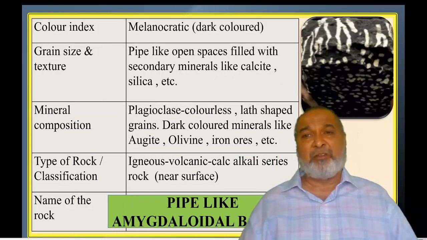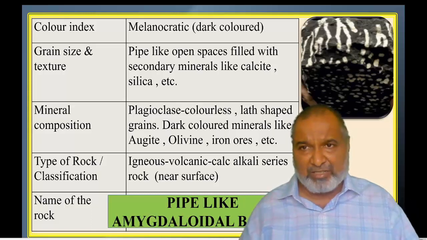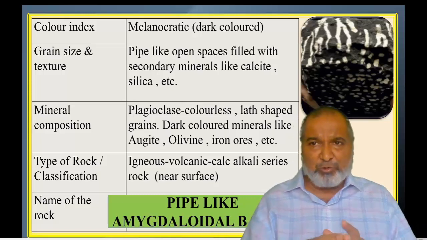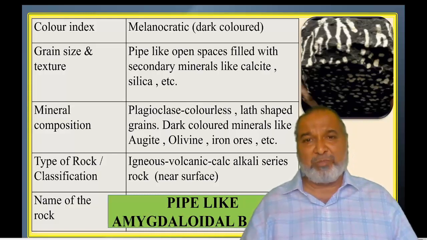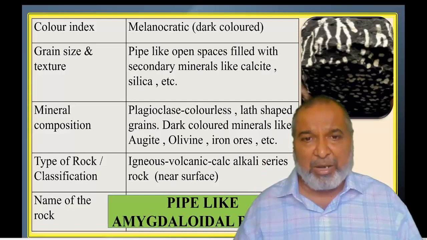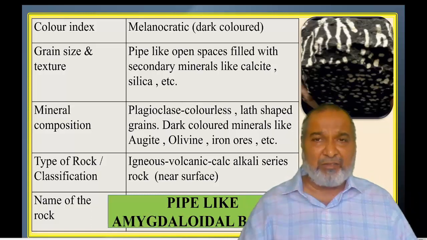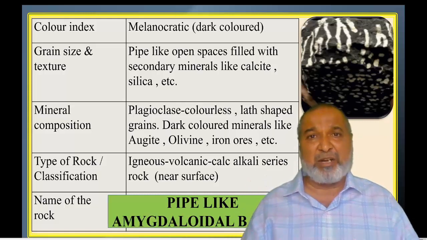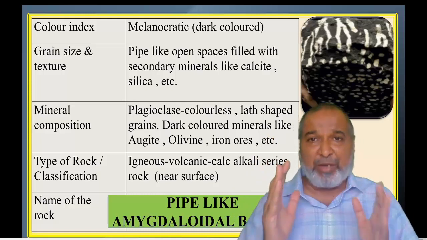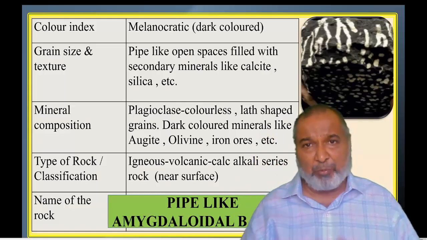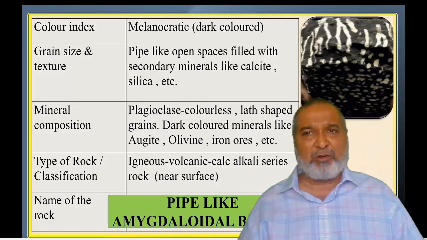And the last rock from this particular practical, we have pipe-like amygdaloid basalt. This is because we are in Maharashtra, so we are going to see all the varieties. We have not taken the columnar basalt, but the last one is the pipe-like amygdaloid. Whatever vesicles are there, they are interconnected, and these interconnected cavities are filled by the secondary material, and a pipe-like structure will form. The color of that rock is dark, so it is melanocratic. Then in the pipe-like structure, some open spaces will also be there, calcite or silica. Normally these will be there, or zeolite we call them directly.